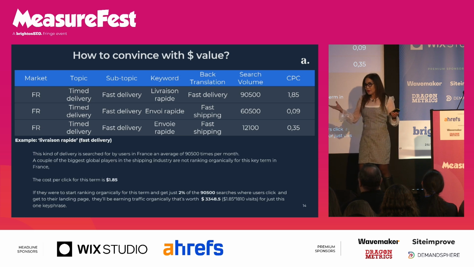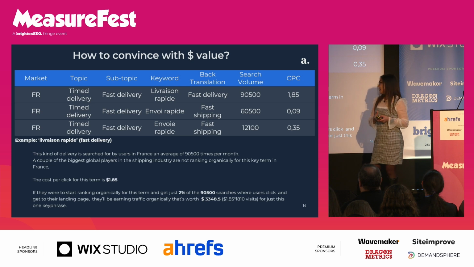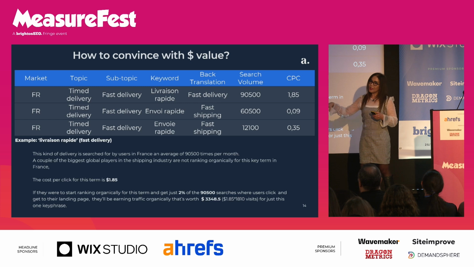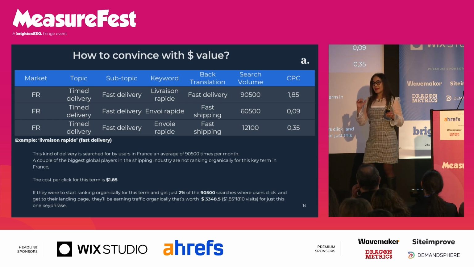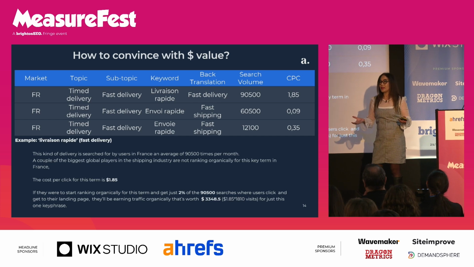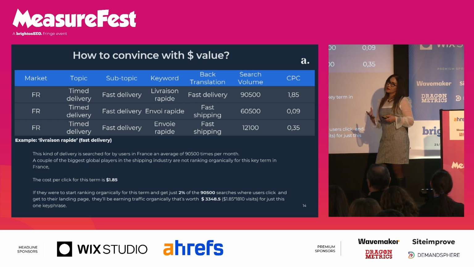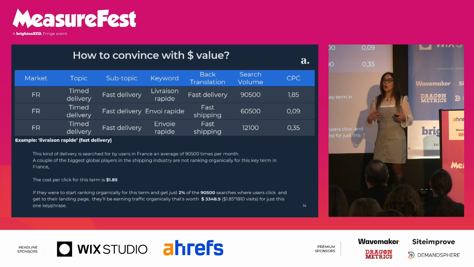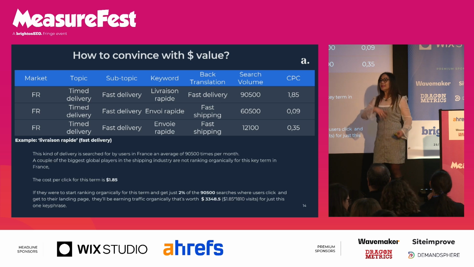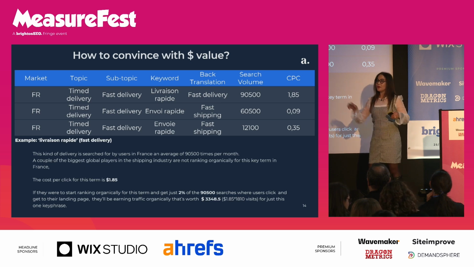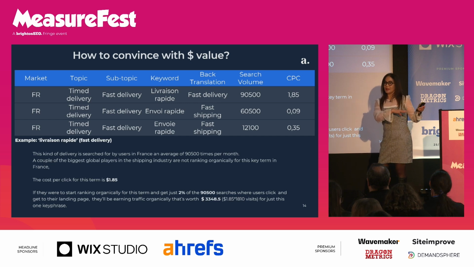Imagine if you have a full list of key terms that you're targeting. The idea here is to show the value in dollars, so you get the buy-in from the stakeholders within an organization who hold budgets. Another argument could be that once you start ranking organically for all these high value terms, maybe the PPC team would not need to target them anymore and could focus their budget on some other niche terms that your company is targeting.